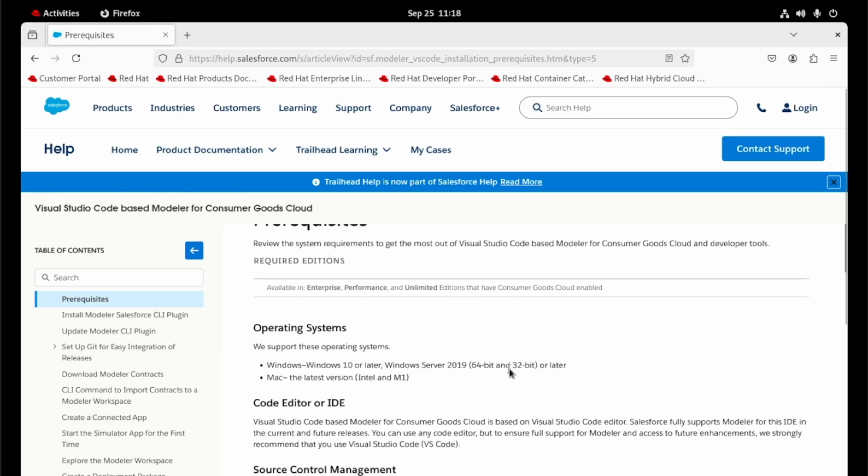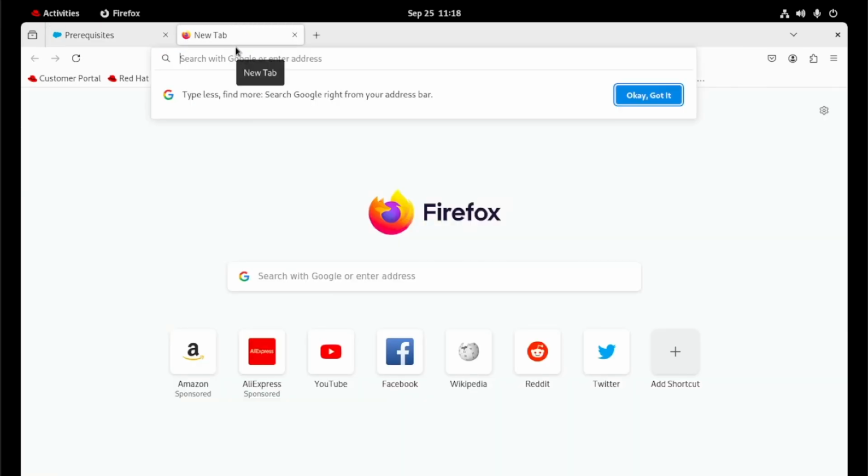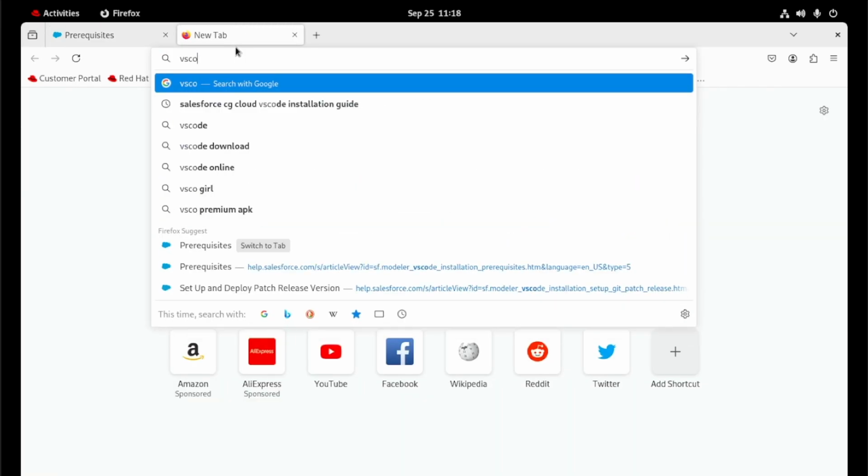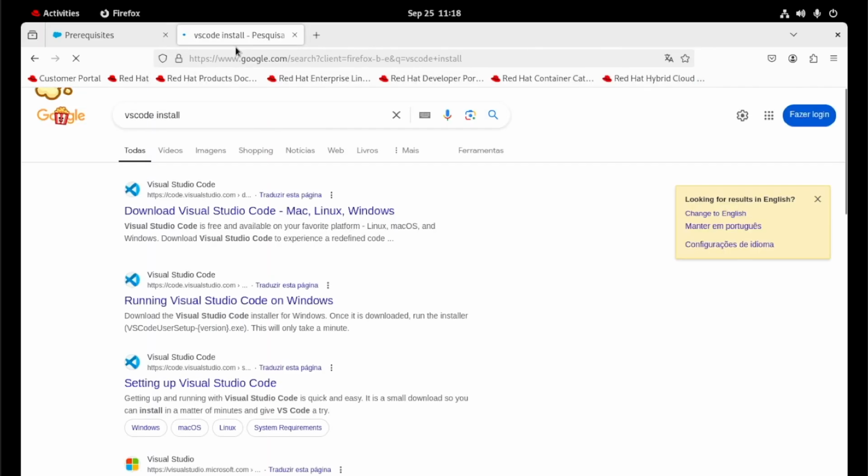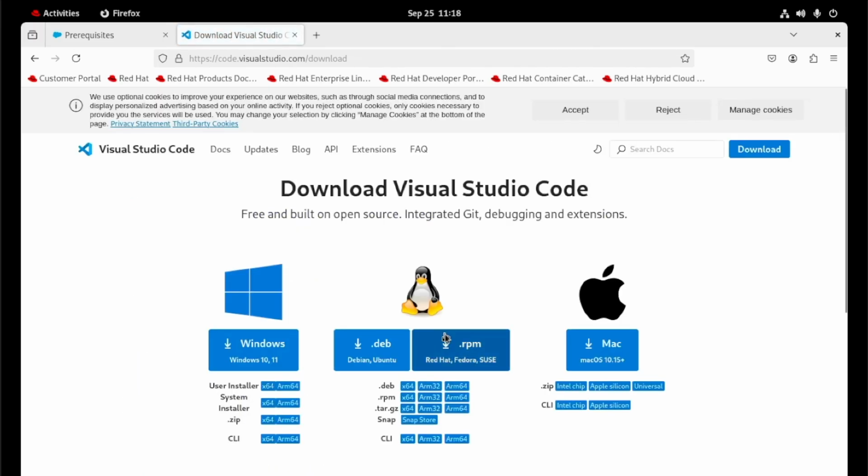Okay, let's go. The first step is to install the Visual Code. To do that, we need to enter the site here and download the RPM.